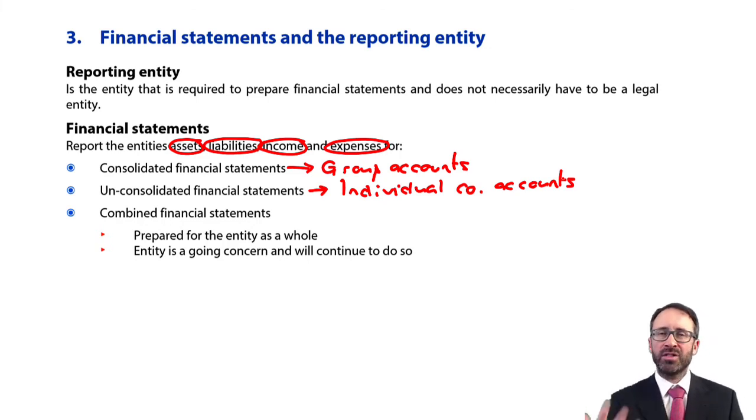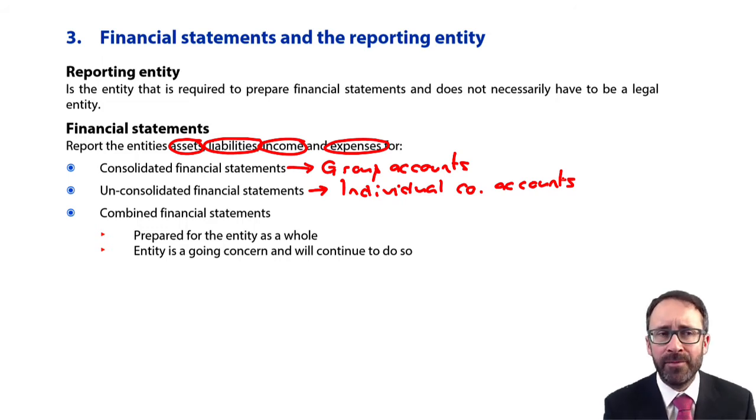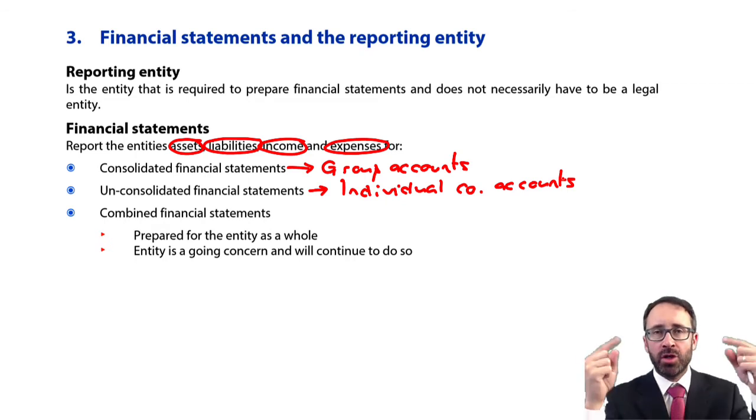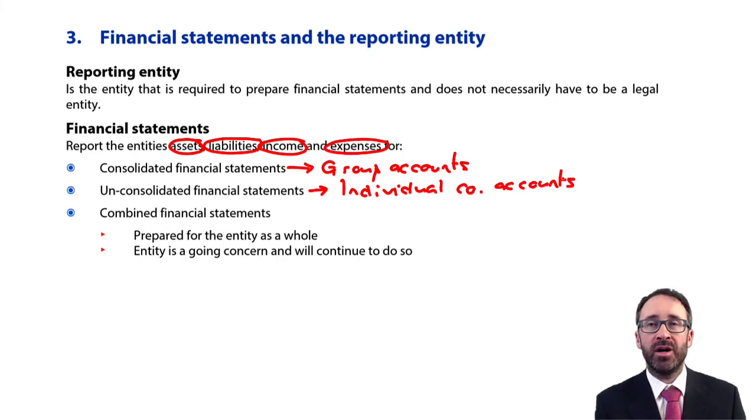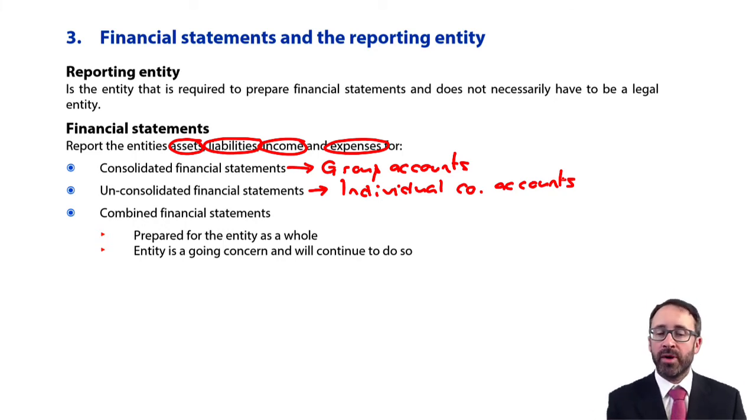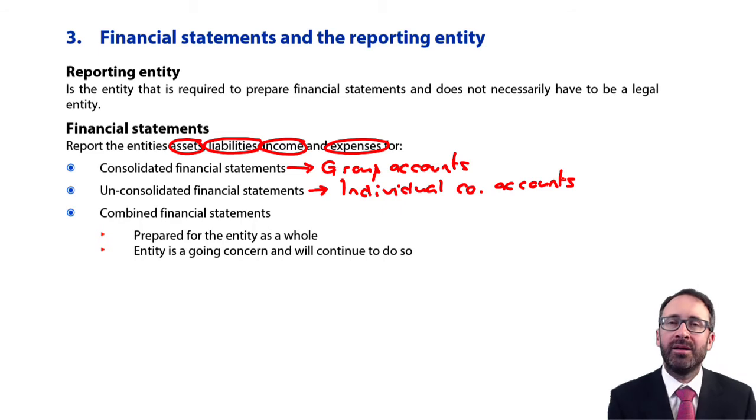You've also got there, it talks about combined financial statements. That's just a little bit off syllabus for the world of financial reporting. It's not something that you then see until SBR. But your combined financial statements are when we get into the world of IFRS 11, looking at whereby we have joint control. So it's not one individual company that has control over the other. It's whereby we have two companies that have joint control over another entity, and we have what's referred to as a joint venture or a joint operation. Okay, but we talk about the accounting for that in SBR, so you don't really need to worry about that here in financial reporting, but it's relevant, if you like, to help you understand why it's there